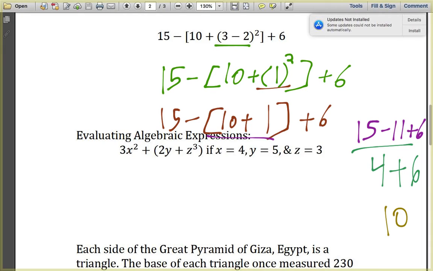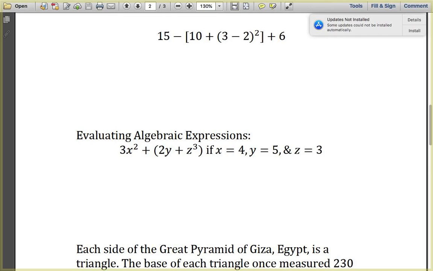Evaluating algebraic expressions. Once again, just to re-emphasize this, an expression is something that doesn't have an equal sign in it. But all I want you to do in these situations is take these numbers, whatever they are, and plug them in. I'm going to take the 4, and it's going to go for the x. I'm going to take the 5, it's going to go for the y. And the 3 is going to go in for the z. Meaning my equation is going to look like